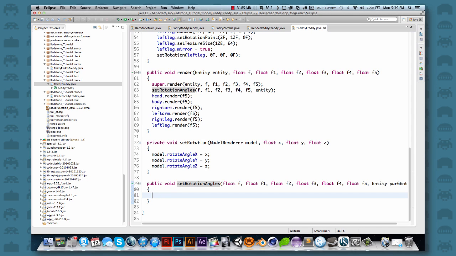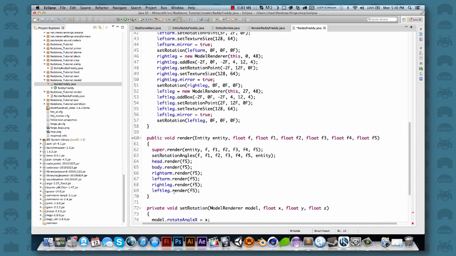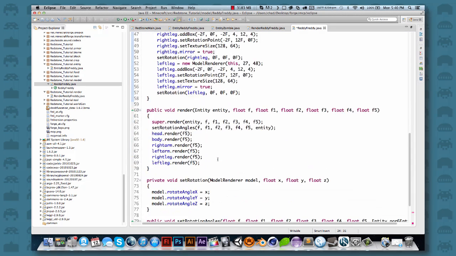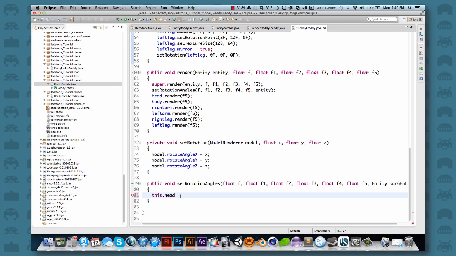So we're going to type this dot head. You should automatically have this dot whatever corresponds with these variables created up here: the model renderer head, body, left arm, right leg, and left leg. So just go back down to the bottom. This dot head